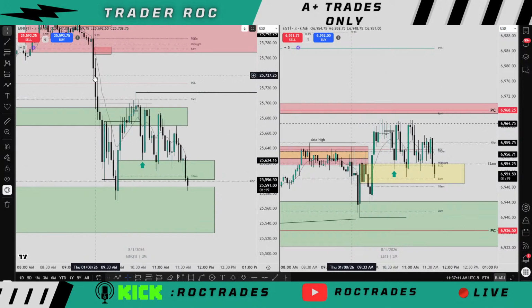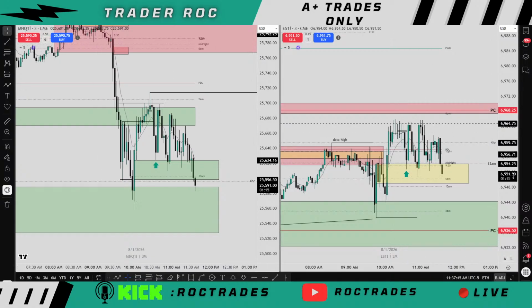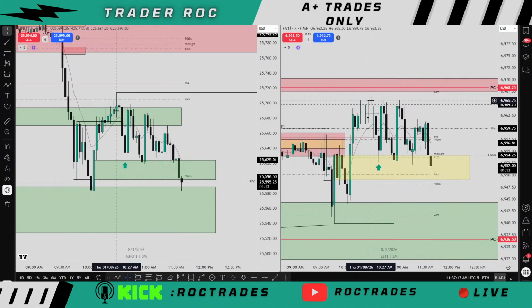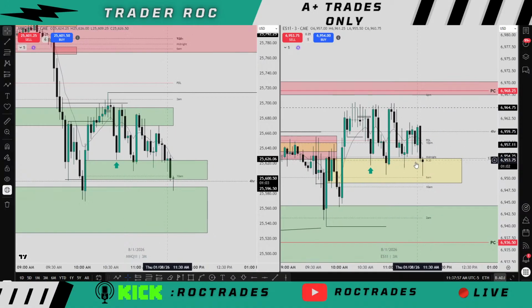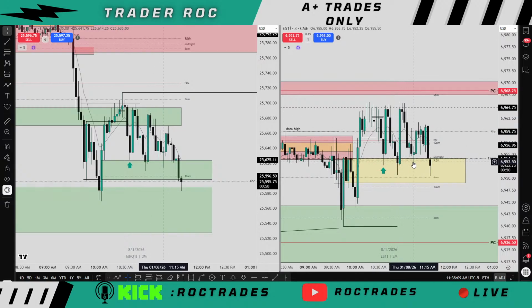All right, we fill in this 15-minute gap. We hit this 30-minute bearish point of interest, but I'm expecting selling pressure, right? So when I see price offer the rejection from a bullish area of interest after stabbing into this bearish point of interest, naturally I'm like, yeah, these buys,